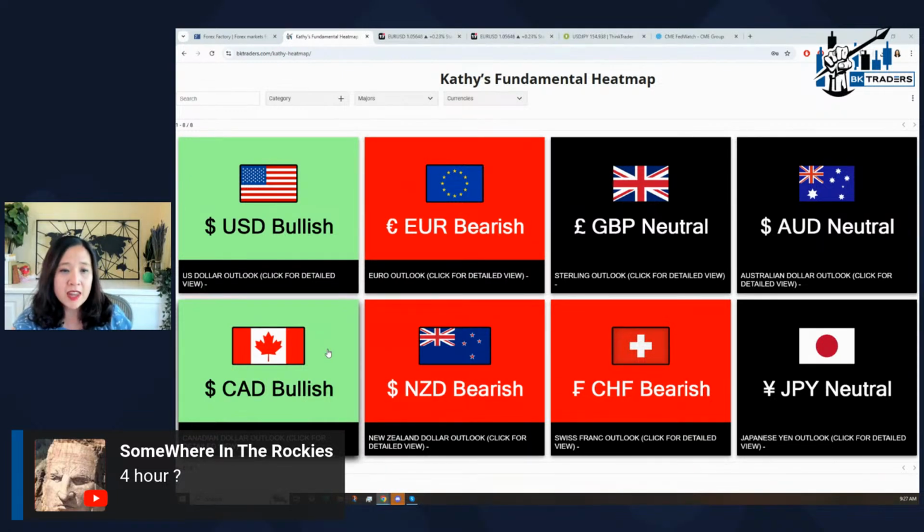Canada, this is also an interesting week for Canada. We've got Canada inflation data and Canada retail sales data. The Bank of Canada has been one of the most aggressive central banks. They are one of the first central banks to